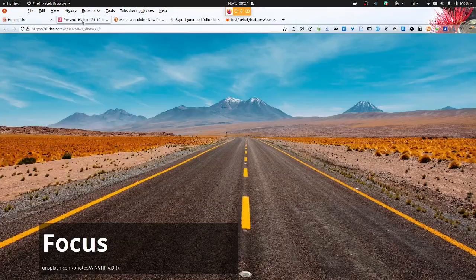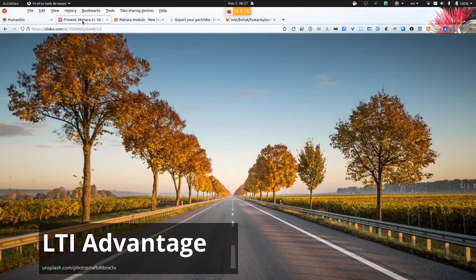Then I think I can continue to the next part, which is LTI Advantage. Sometimes also called LTI 1.3 Advantage because it is part of that LTI 1.3 upgrade. Up to now, Mahara supported LTI 1.1. And we continue to support that because that is the implementation that we are using for Moodle and all the other learning management systems. LTI Advantage goes into Mahara currently as an experimental feature, as a kind of proof of concept,